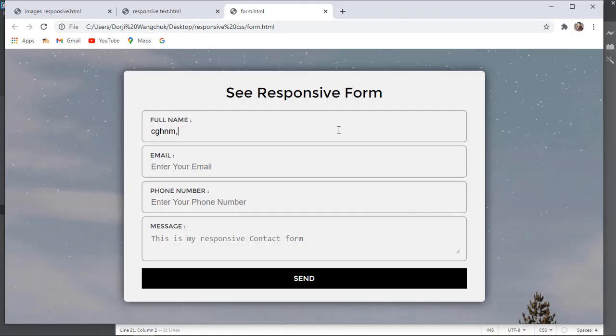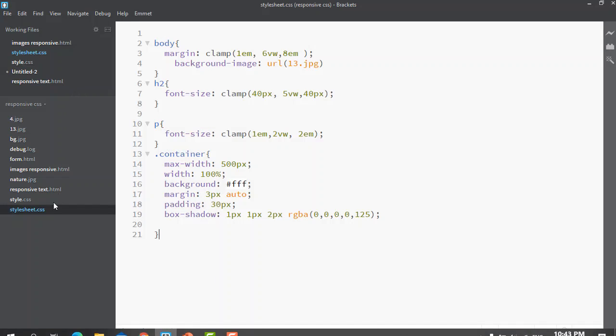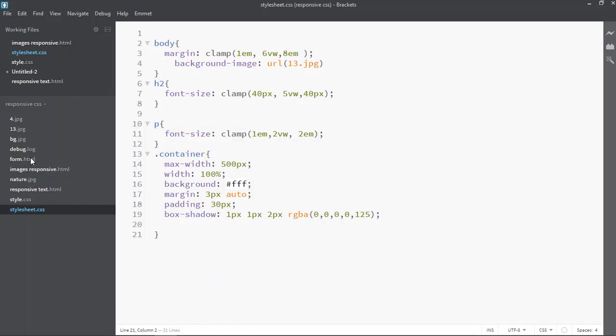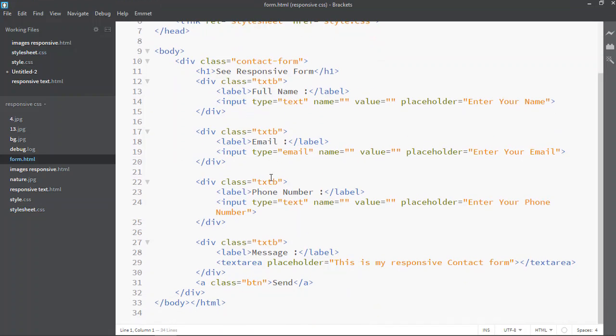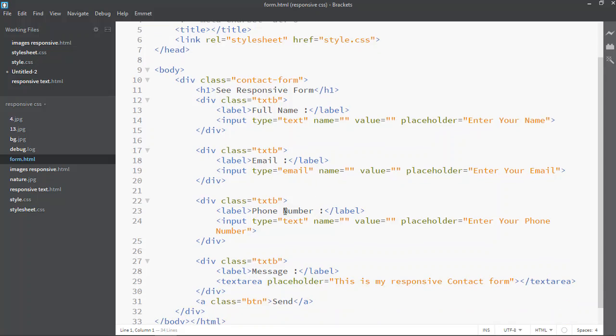That is responsive to the device. How I've created it, I'll show you the code, and here's the form. This is nothing much but just HTML where I've included the name, the email, phone number, and